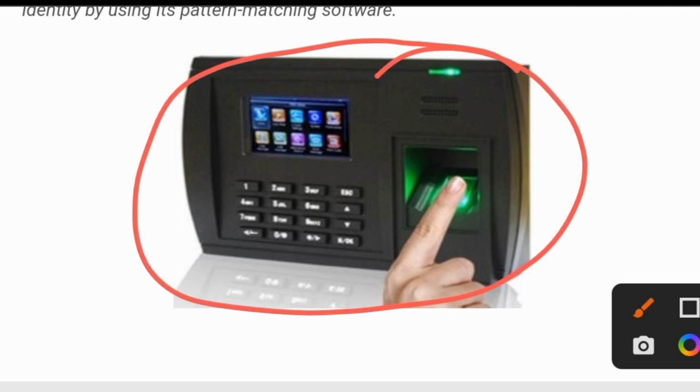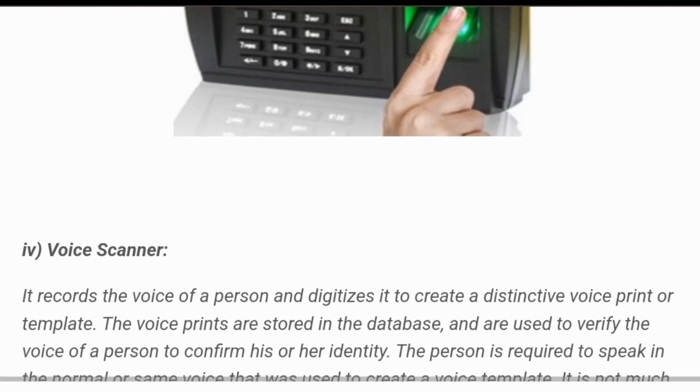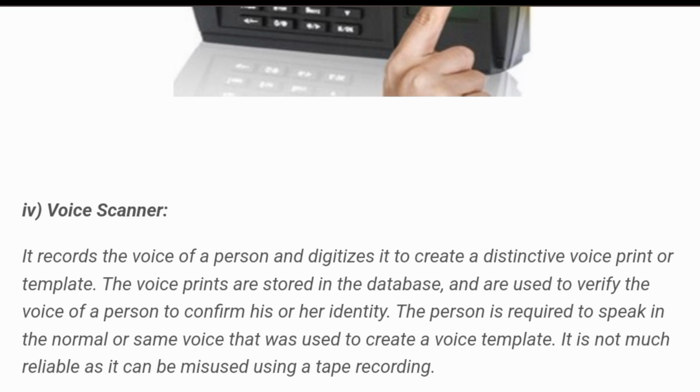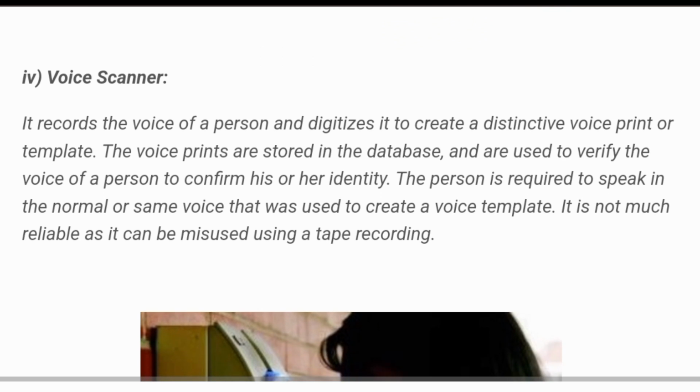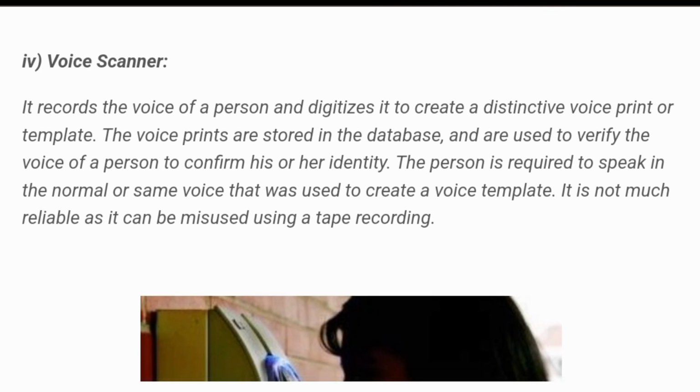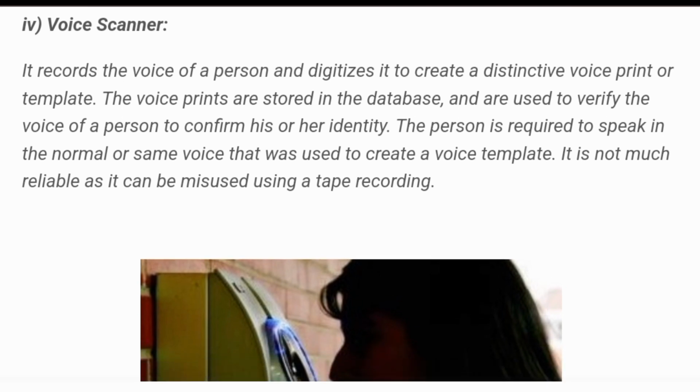And the next step, voice scanner. It records the voice of a person and digitizes it to create a distinctive voice print or template. The voice prints are stored in the database and are used to verify the voice of a person.